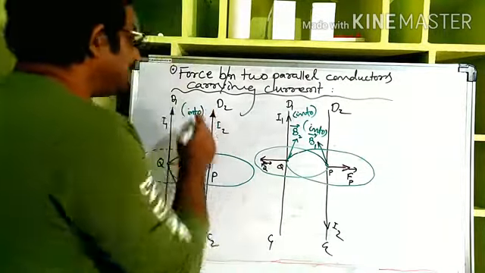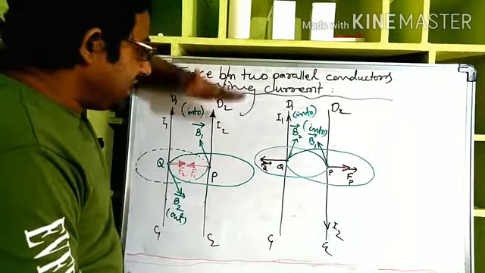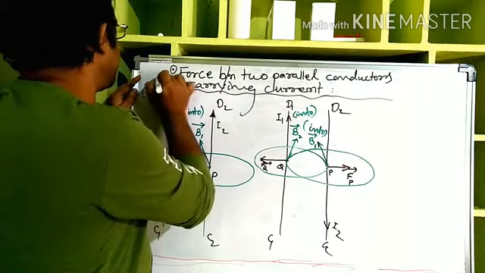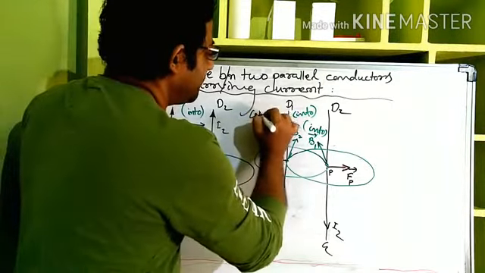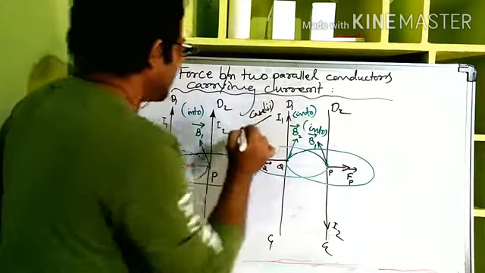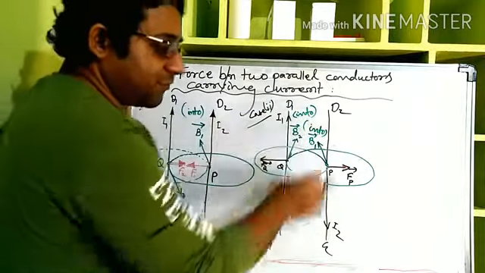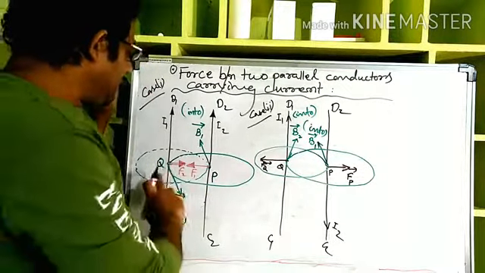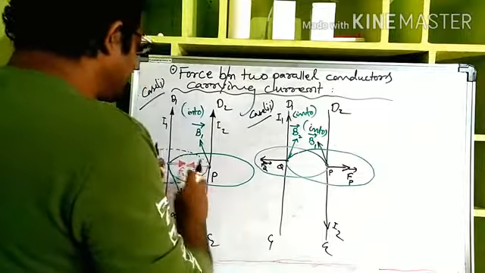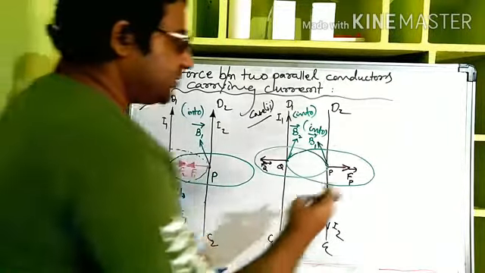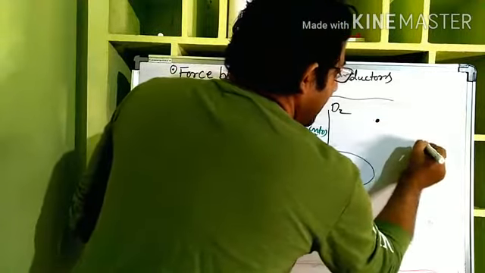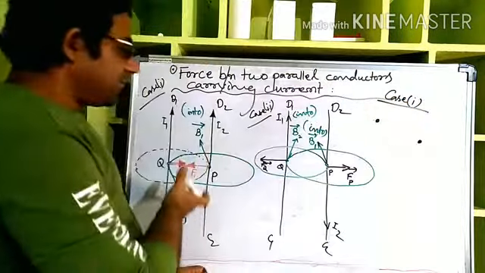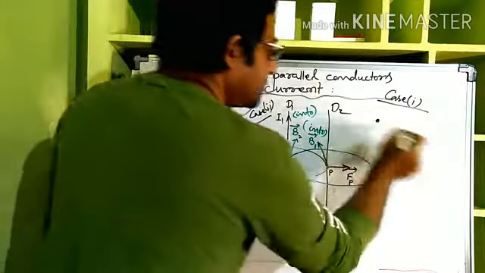Now see, if your eyes are from the upside, if you are looking from this side, let us say this is case 1 and this is case 2. Case 1 means current flowing in the same direction, case 2 means current flowing in opposite directions. Now in case 1, if you are seeing from the top, these conductors will look like two dots, right? Two points. So case 1 I am showing, that is the currents flowing in the same direction. This dot and this dot, two dots you are seeing.